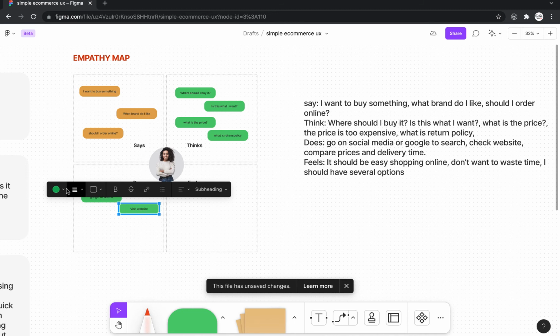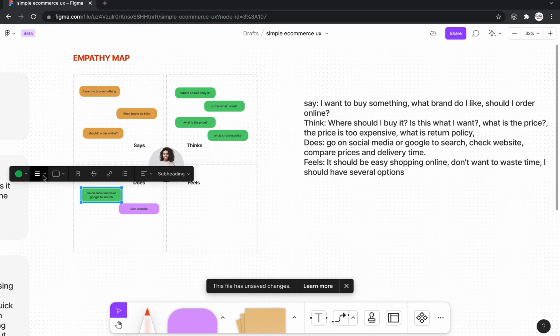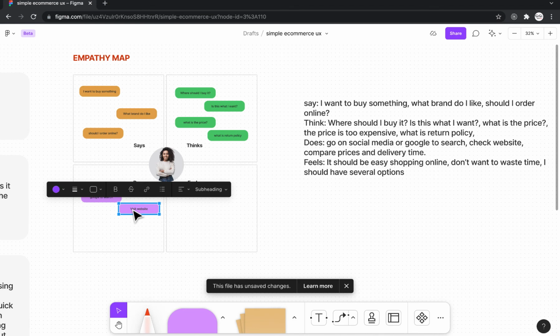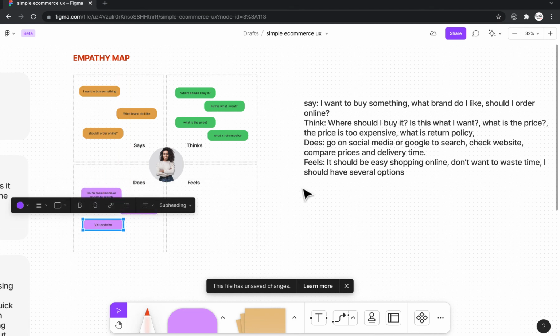Okay, let's change this color to something else. Give it purple. It's not bad. Purple seems to be a good color. So let's give this purple. All right, cool. Then I would duplicate this as well. Another thing again,